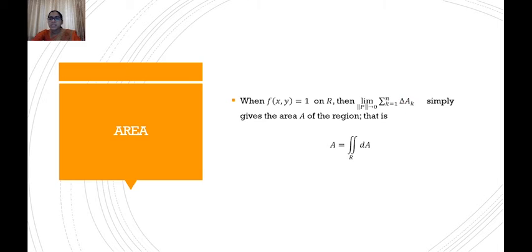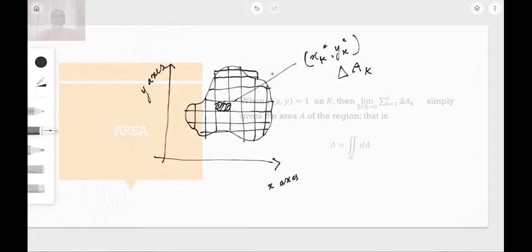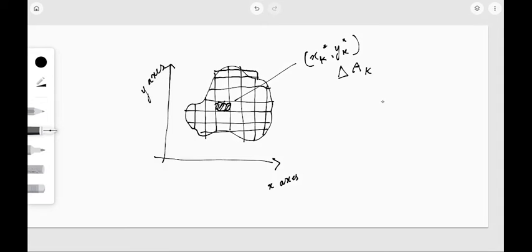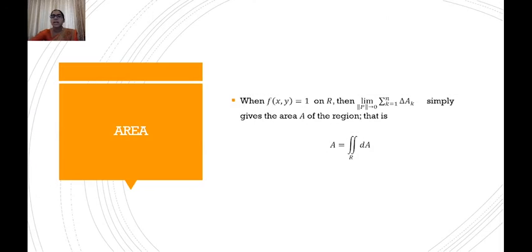So actually what happens is, in the region which we are considering, we are getting the area of each rectangle, and thus we will get the area of the entire region, right? If we see in this figure, if the function is 1, then we are getting the area of each rectangle, this portion, and similarly we will get the area of each rectangle, and thus we will get the area of this entire region, right? So once we get the area, the double integral will actually give the area of the particular region.